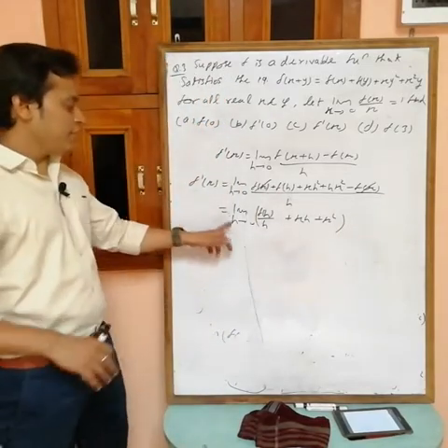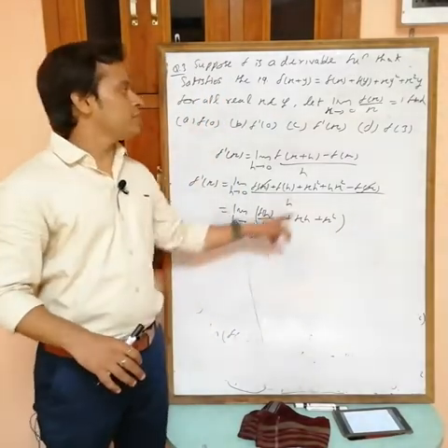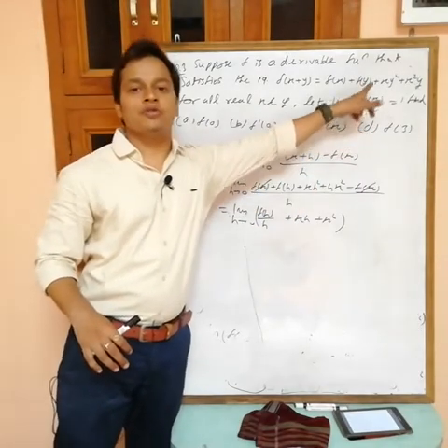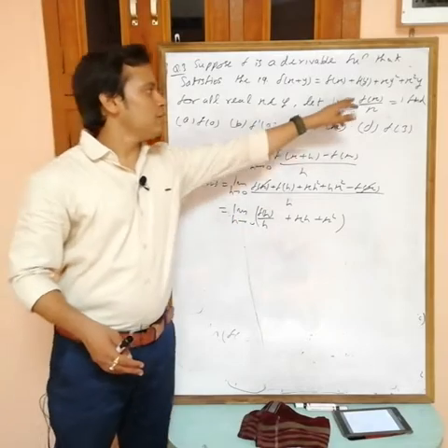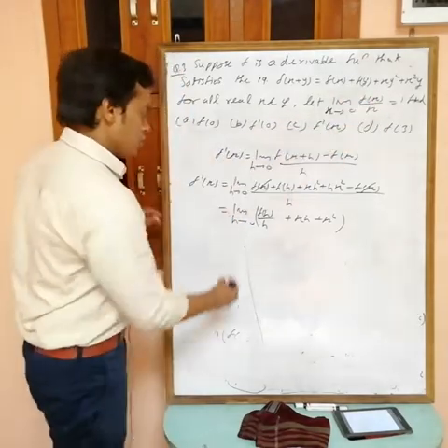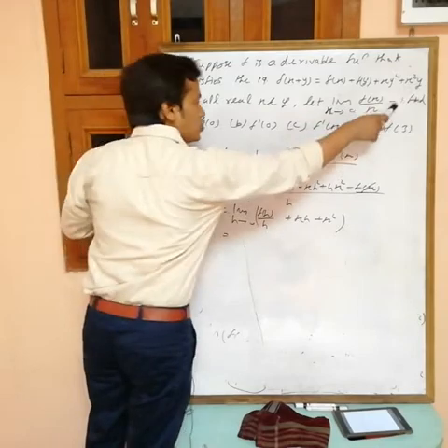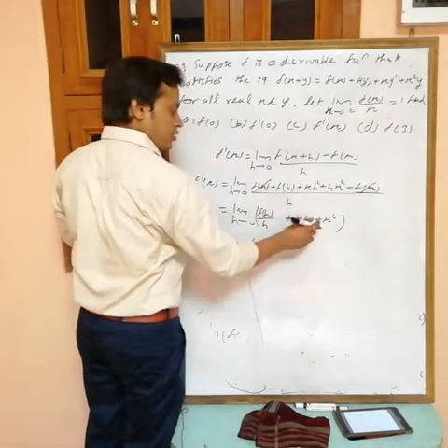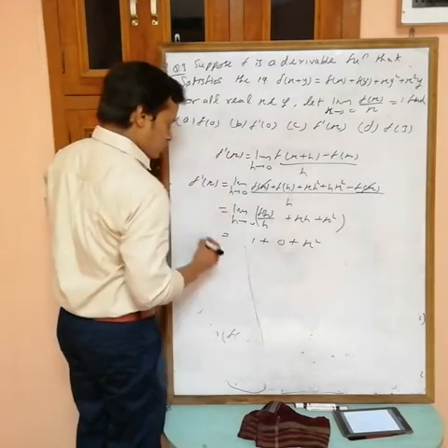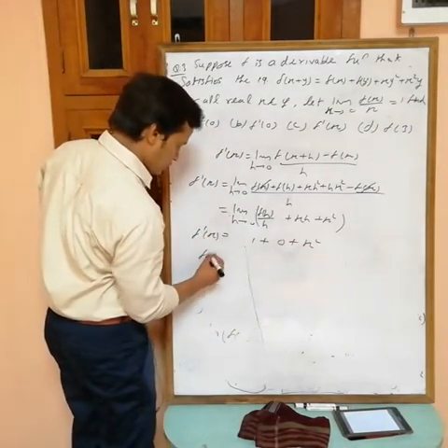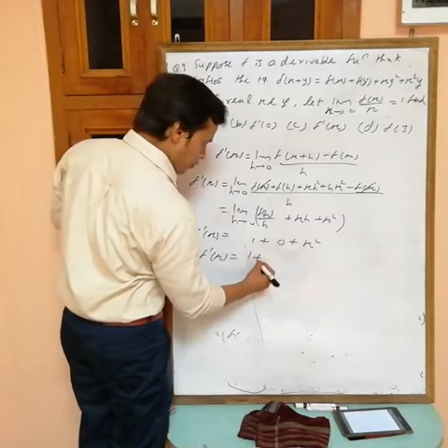Now see, limit h tending to 0 of f(h)/h is just like limit x tending to 0 of f(x)/x. At the place of x, if you put h, we have the same f(h)/h. So the limit of this one is equal to 1. Put h equals 0 in xh, we get 0, and there is no h in x², so f'(x) is equal to 1 + x².